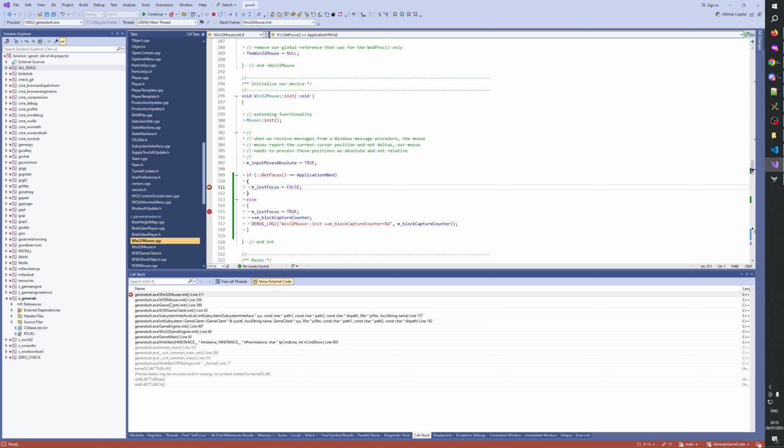Yeah, so I have no clue why it thinks that the window is in focus.